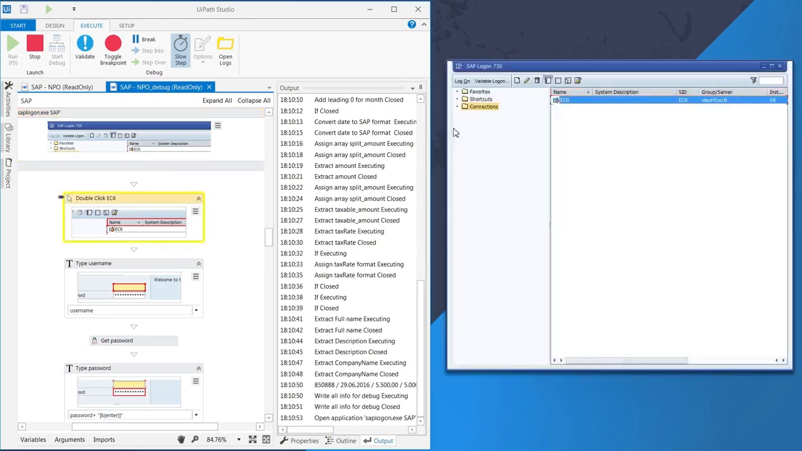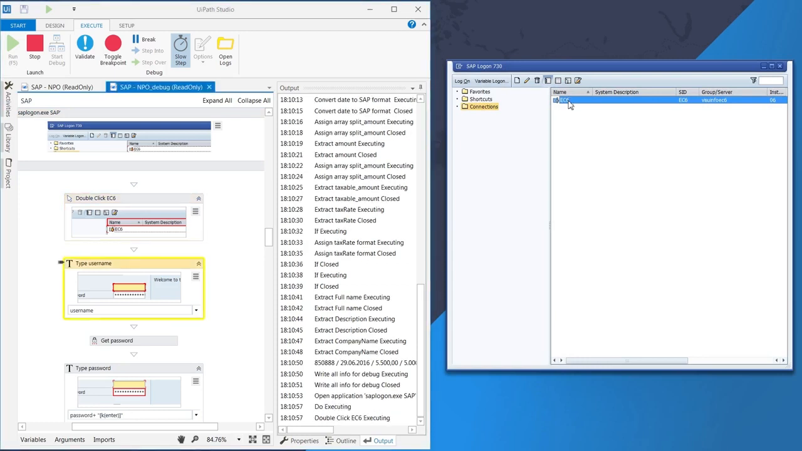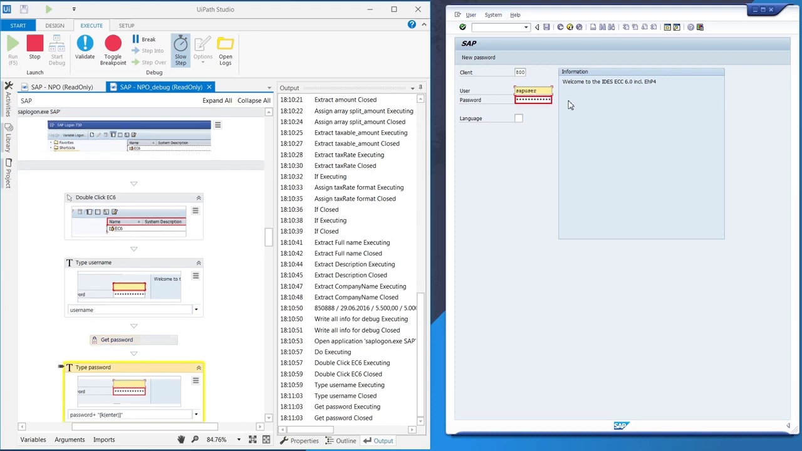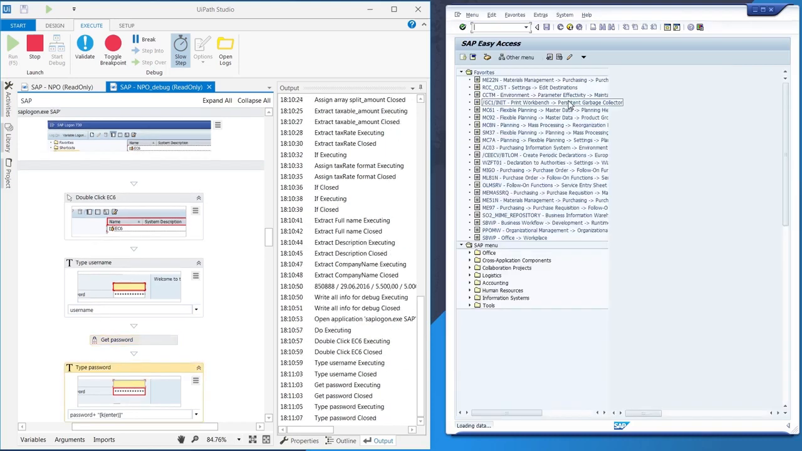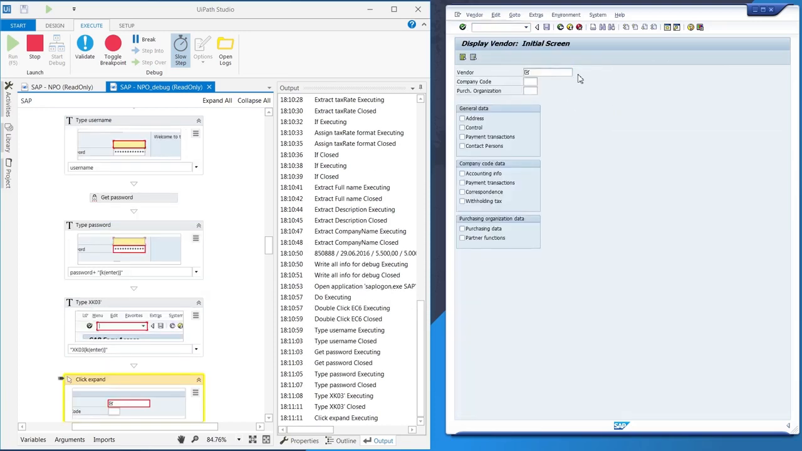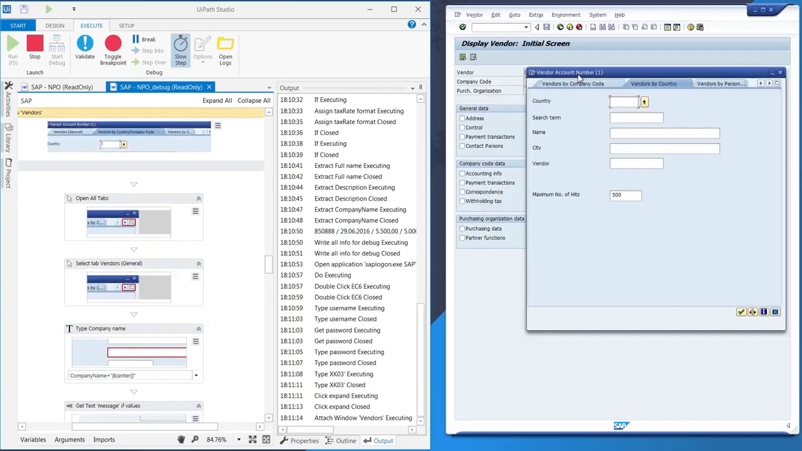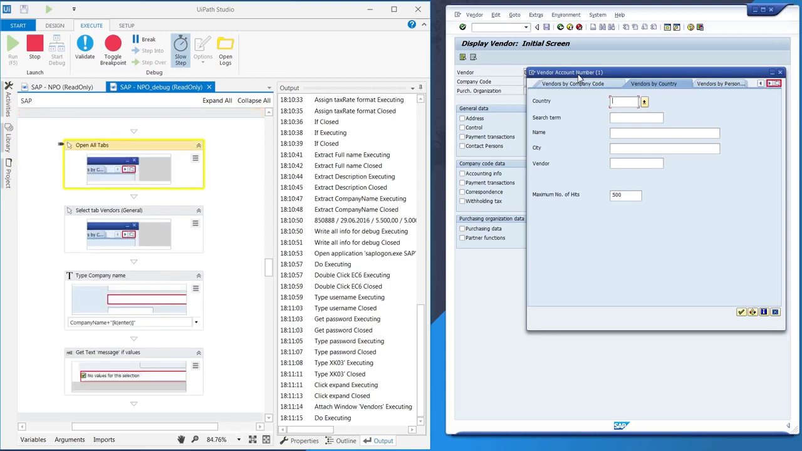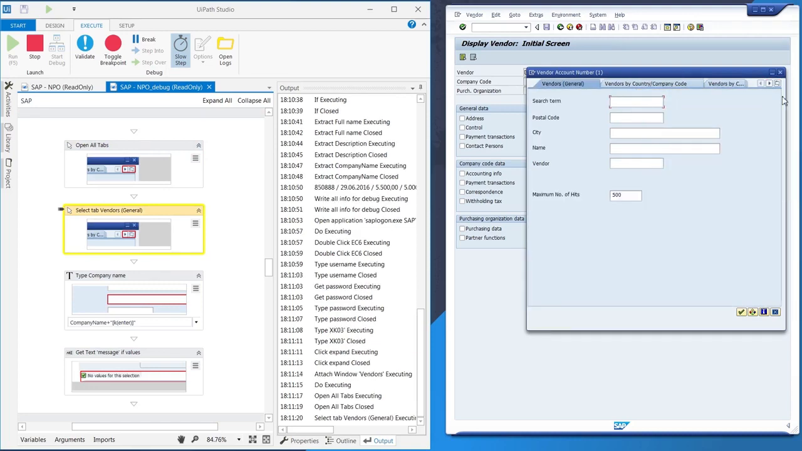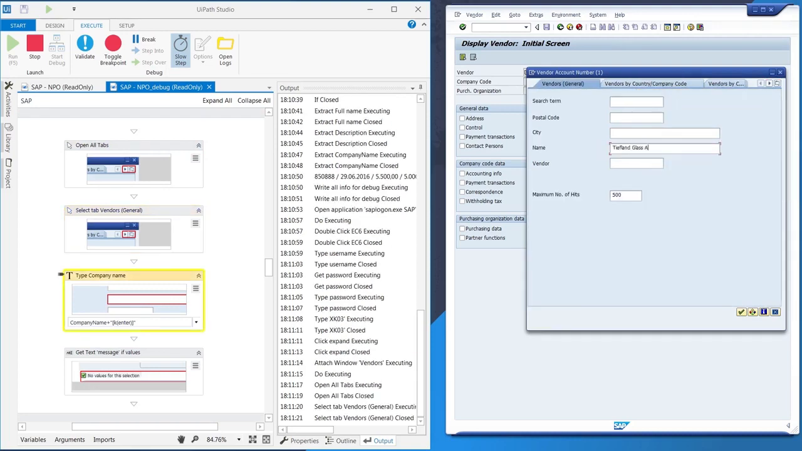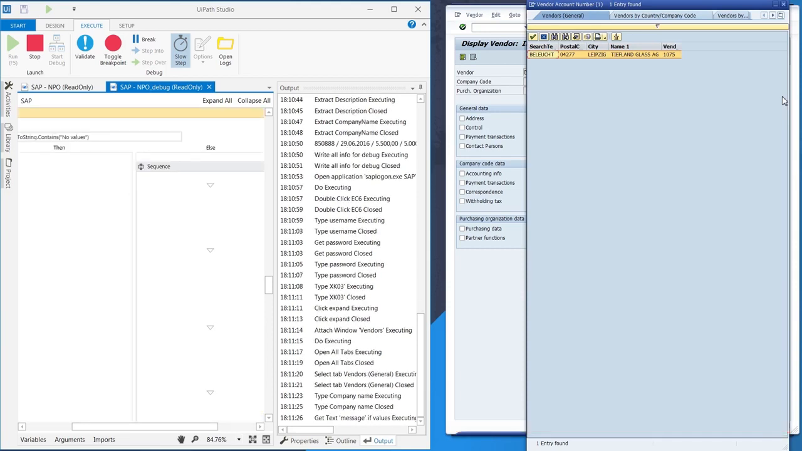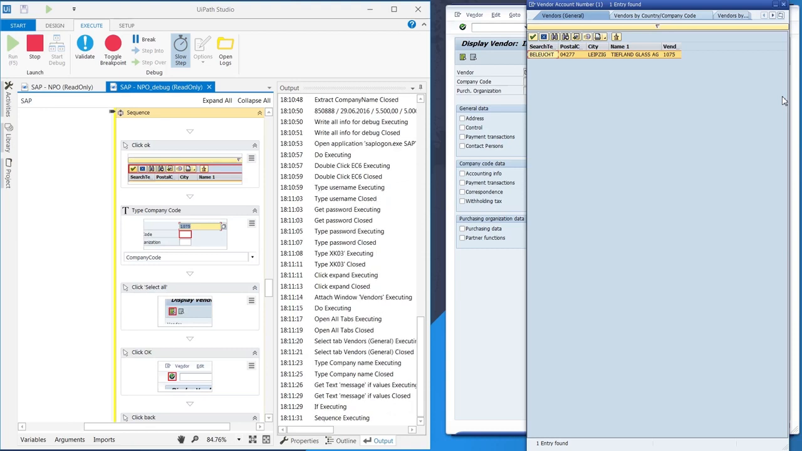Now the robot opens the SAP application and logs in using the username and the password, which is encrypted. After logging into SAP, the robot searches if the vendor exists by going to the Vendors tab, typing the vendor's name and checking if there's an entry for this vendor in SAP. In this case, the vendor is already registered in the system, so the robot clicks OK